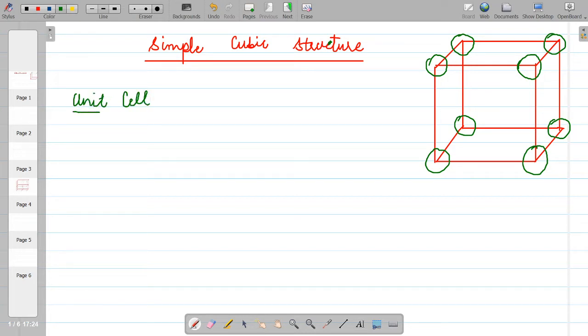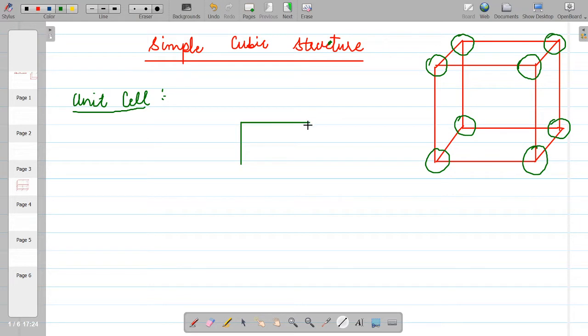To explain this unit cell, let us consider you have a crystal which is of any shape, you can see, which is of the cuboidal shape, or you can say the cube shape. The unit structure in two dimensions, as I am drawing this on the plane, so it is two-dimensional. In two dimensions, the unit cell is the smallest building block which repeats itself to complete the whole crystal structure. For example, if I am repeating this cube over the whole structure, your structure will get complete. So this is your unit cell.